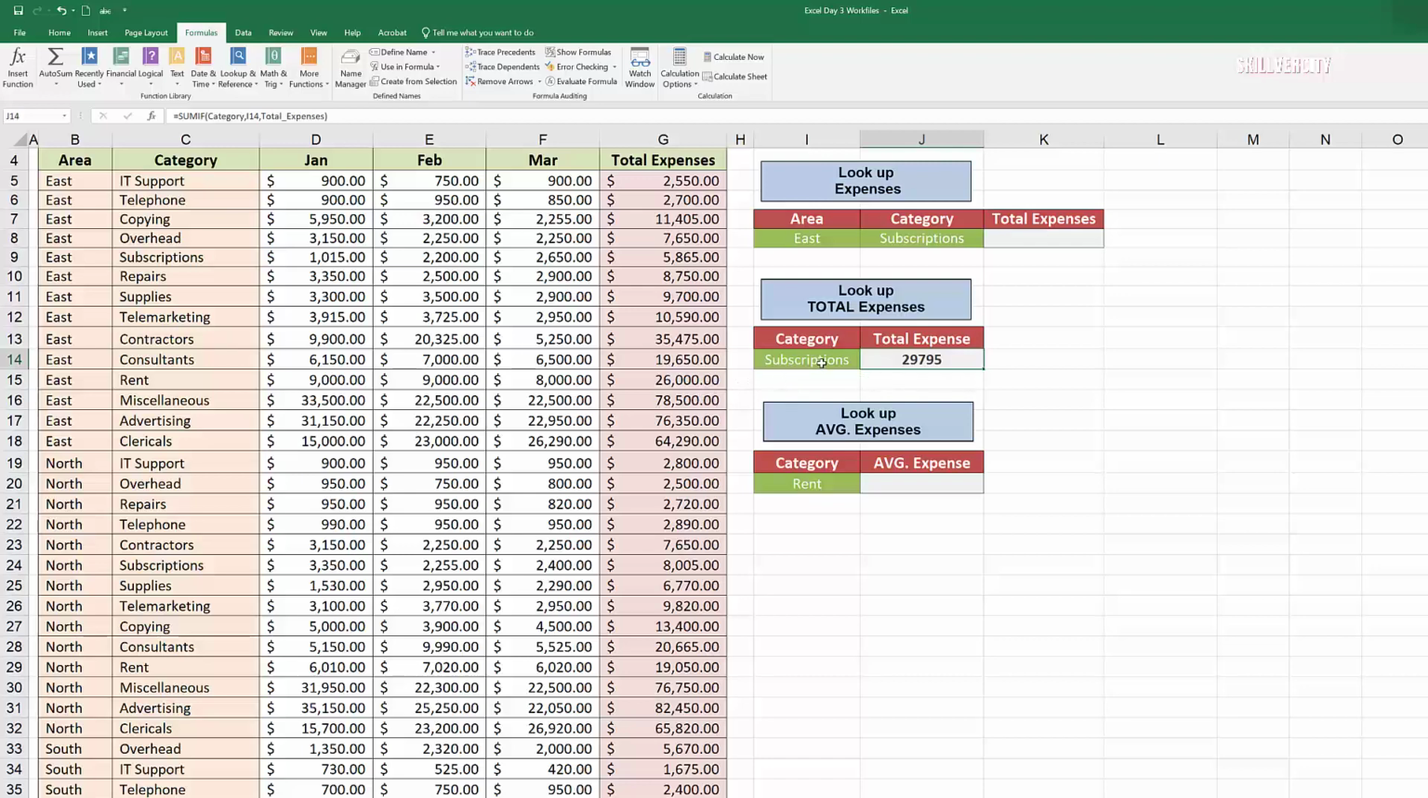The good thing about this is that if we change this now, let's say to clericals, it actually gives us the total expense for clericals. Okay, so that is how to use the SUMIF function. The next is to go to a similar function but slightly different. We're going to calculate the average expense for this category, rent category, or any other category represented in